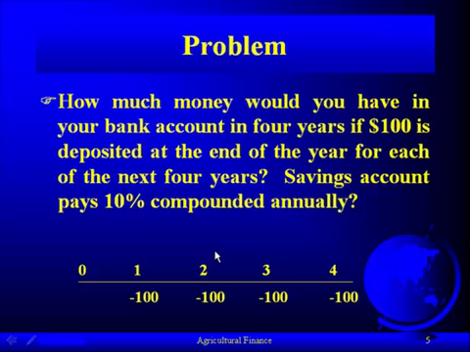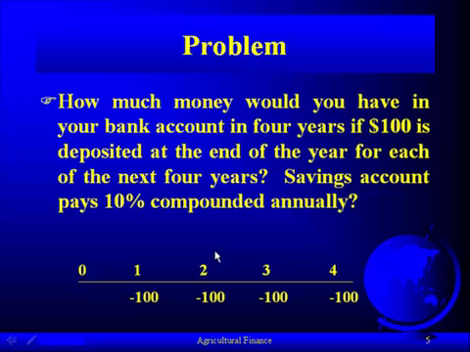little more understandable. And in this problem, we're saying that we're putting $100 into the bank at the end of each of the next 4 years. So if it's the end of the first year, the first $100 is going to show up underneath the 1 because the 1 represents the end of the first year. And the last payment is going to be at the end of the fourth because it represents the end of